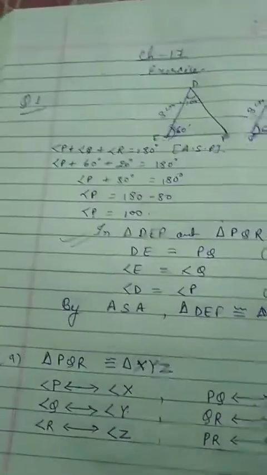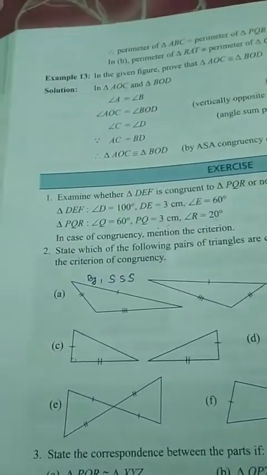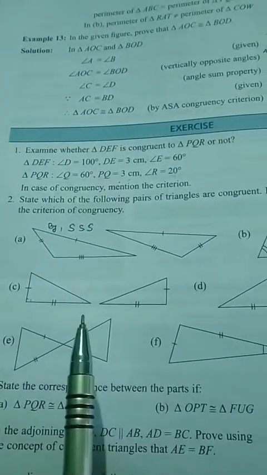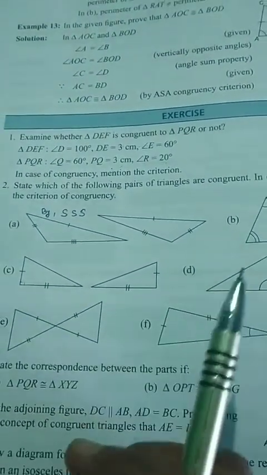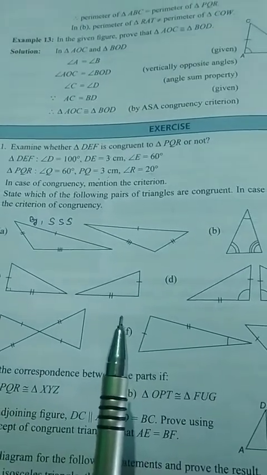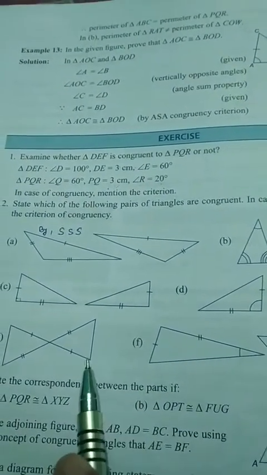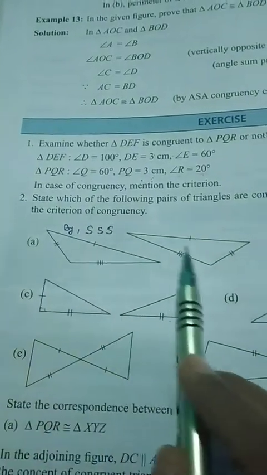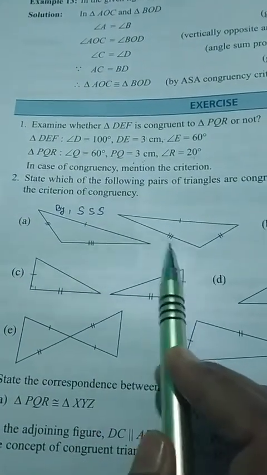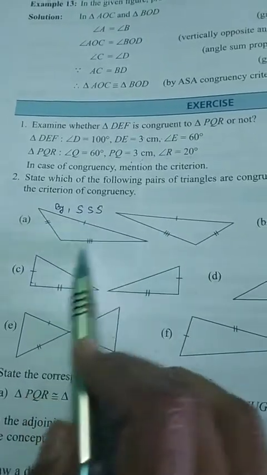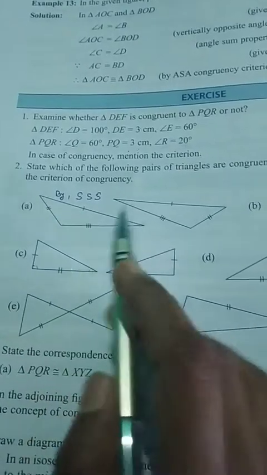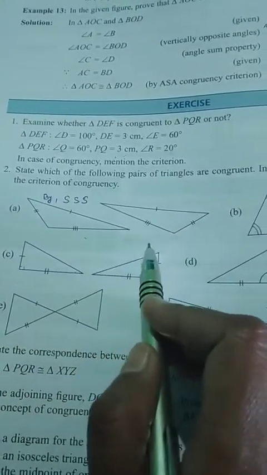Okay. Now question number 2. You have to find whether these triangles are congruent, and if congruent then by which condition? By side side side, or by side angle side, or by angle side angle, or by angle angle side, or RHS. Five conditions I have taught you. So first, you can see this side is equal to this side, and this side is equal to this side. So by side side side, both triangles are congruent. Simply you will write that both are congruent by side side side.